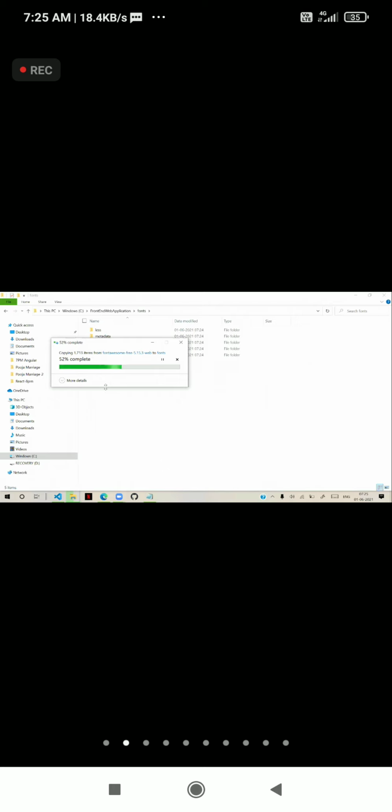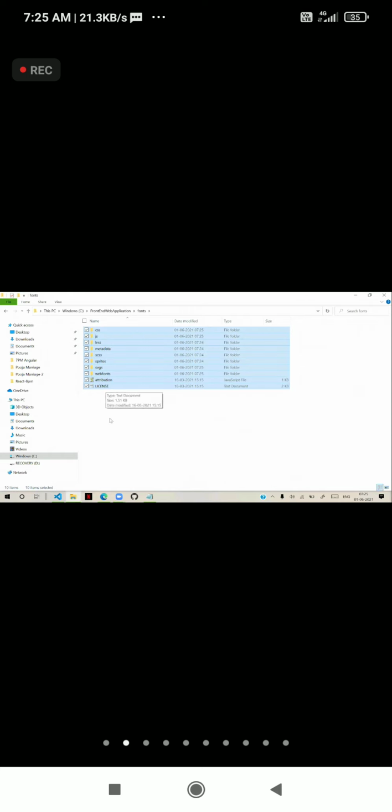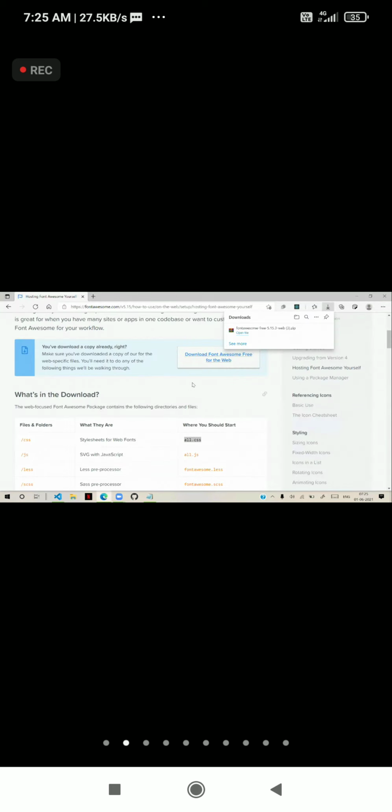This library is enough at a learning level, but generally in companies you need more icons and symbols in different styles. In that case, they will purchase from Font Awesome. Font Awesome will provide a premium library, and then you can download that premium library.